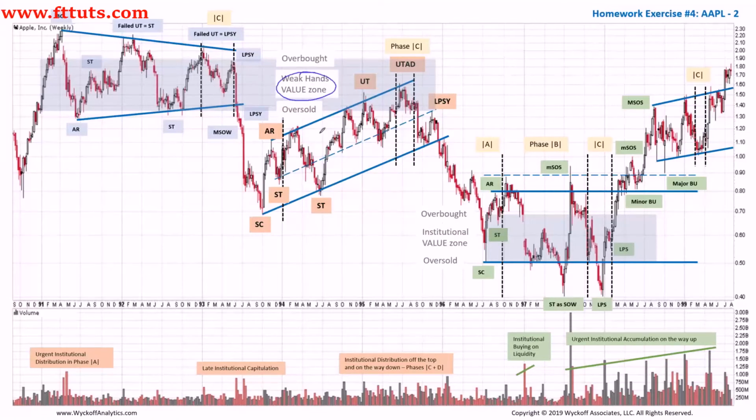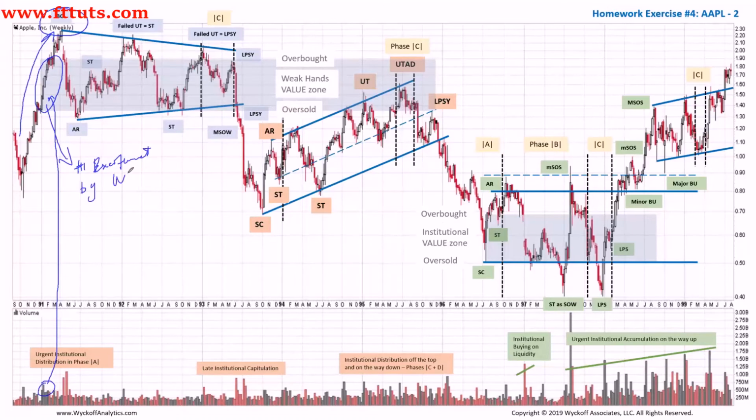So obviously, the weak hands value zone is going to be associated with the distribution. If the institutional value zone is usually associated with accumulation, reaccumulation, then the weak hands value zone is going to be a distribution or redistribution. So thinking about the concepts of the weak hands and where for the first time they will be excited about the uptrend. It comes on the last climactic run into the top of the market, into the buying climax. So we're seeing some buying on the way up in this climactic run, and we define this as an excitement or the first point of excitement